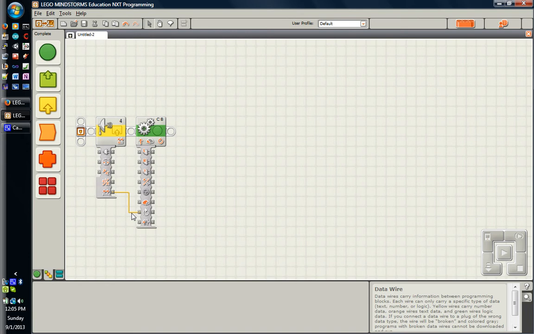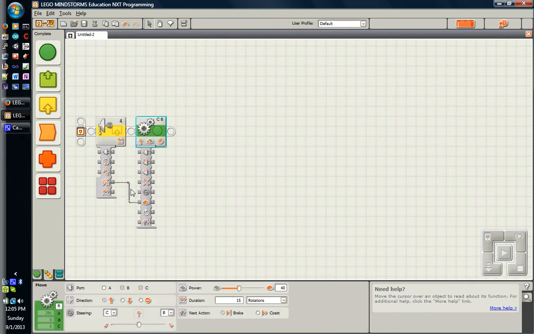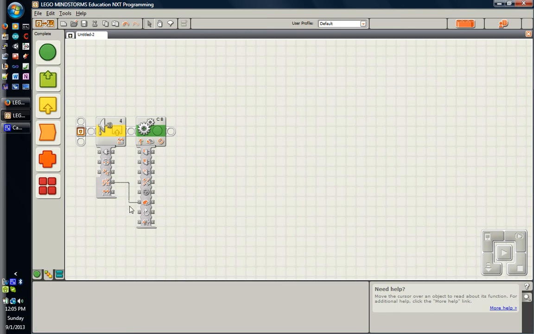Blue highlights when you select a data wire. You just click on it and delete it. So if it doesn't immediately go away, like for example, if I do this, it's gray. If I click over here, like I just miss it,